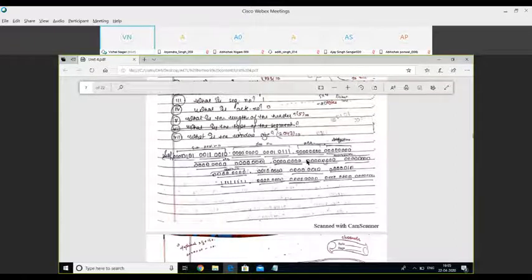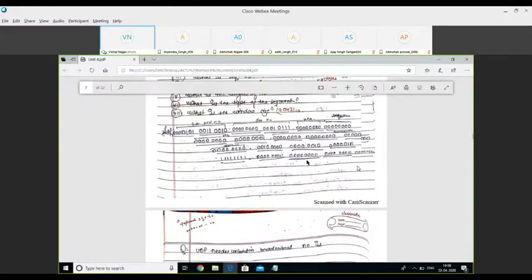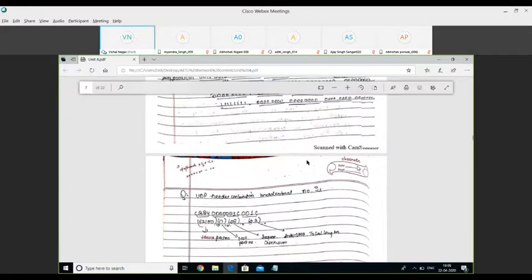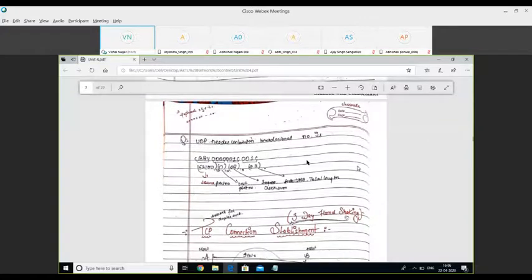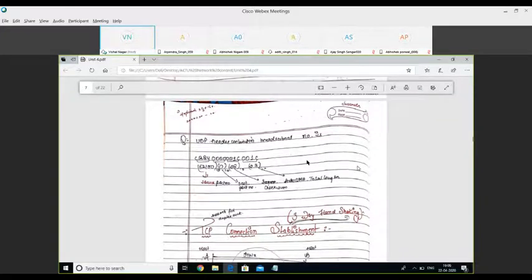Then we have the 32-bit field of acknowledgement. After this ACK field we have the header length. After that we have the 6-bit field of future use, and in this way we can find out the different values of the fields in this TCP header. And similarly we can find out the value of your UDP header also. This is your UDP header.